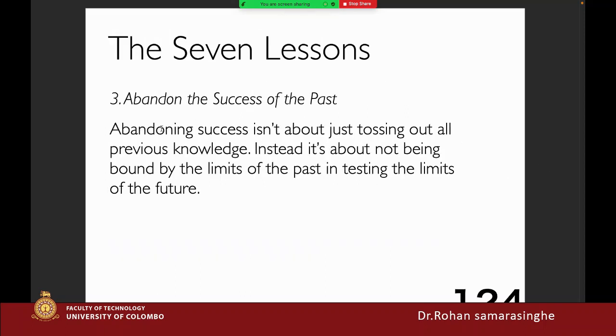And the third one is abandon the success of the past. Abandon means cease or stop. The success of the past. Actually, we can get the knowledge from the past. Abandoning the success isn't about just tossing out all previous knowledge. The abandon means